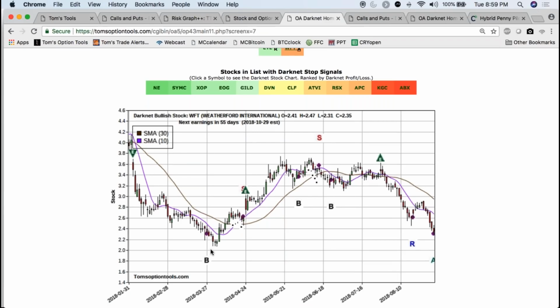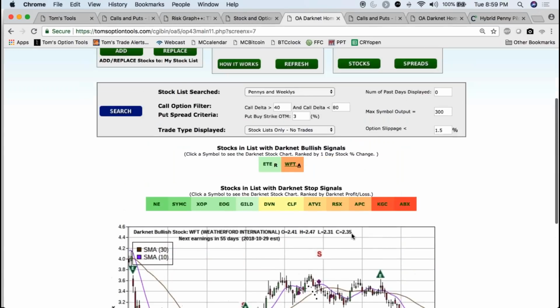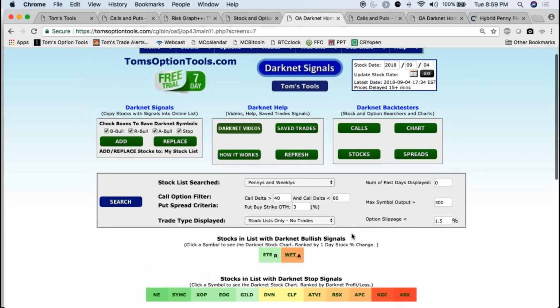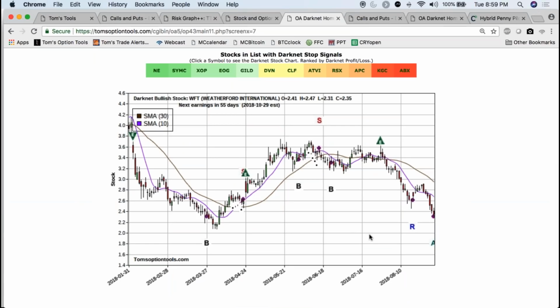Now Weatherford, I see the low on the chart is down here at $2. I can't trade Weatherford; it's too cheap. It doesn't work for me. All right, but you can kind of get an idea of how I look at these. I look at these to see, is the trend, do we see higher lows and higher highs, or do we see a new low on the hard right side of the screen? I don't see a new low yet, but I'm not really liking this one, and it's really because of the